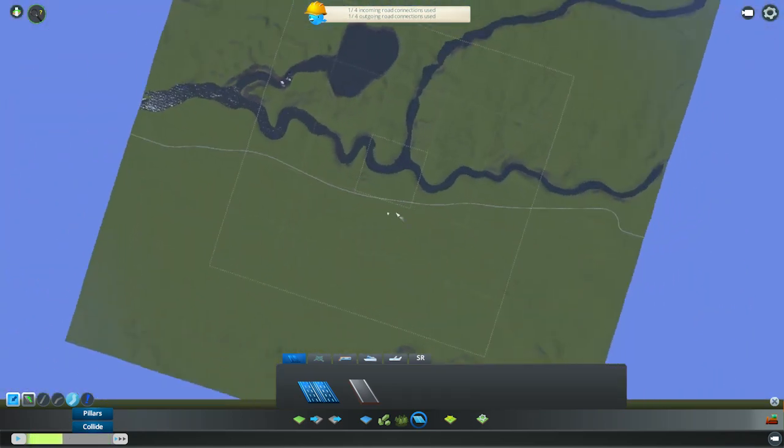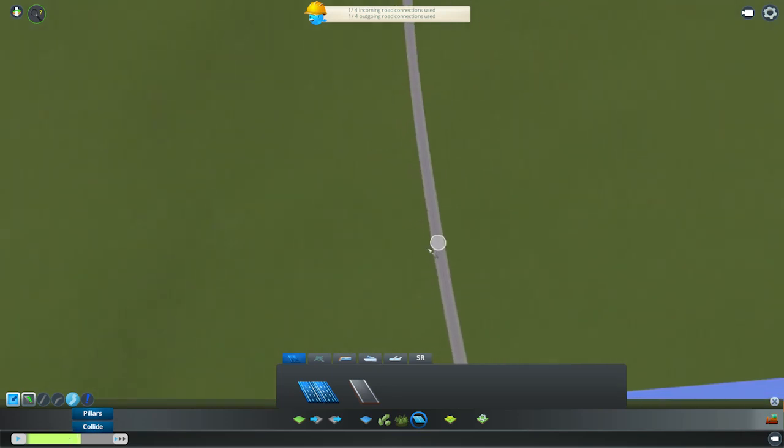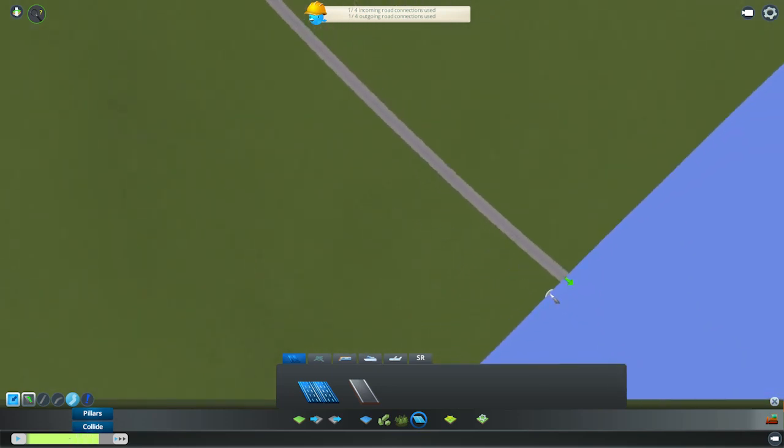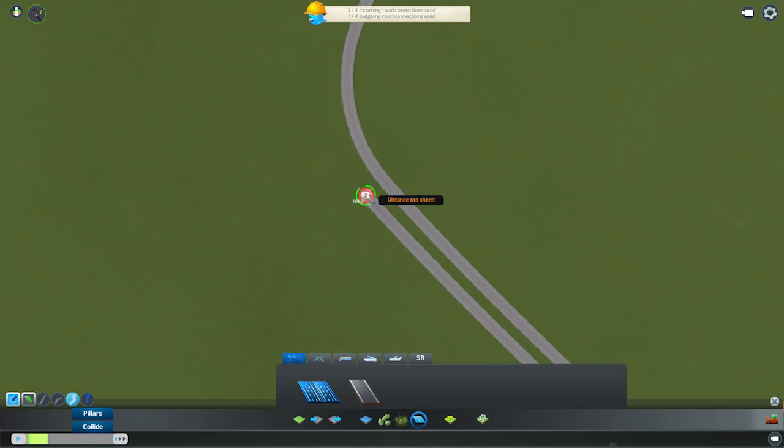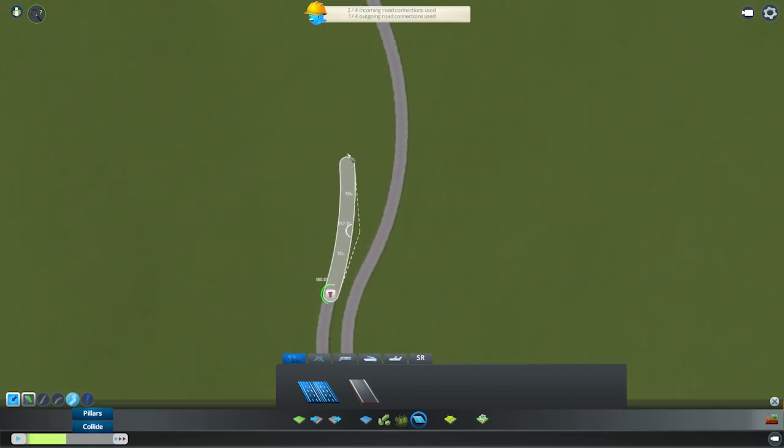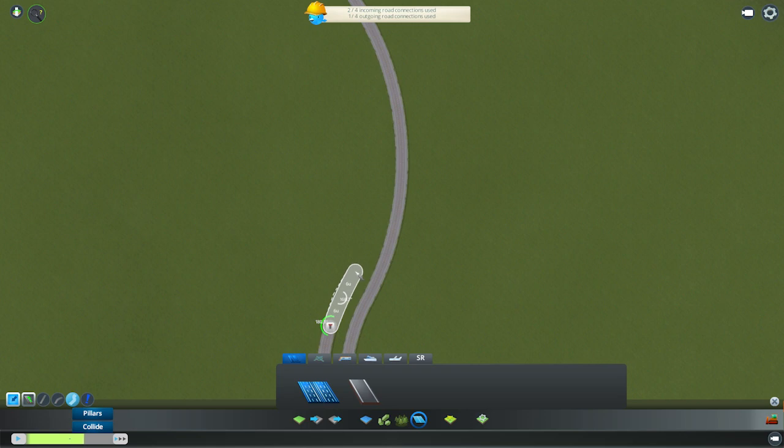There you go. Alright, so that's our first highway. I mean, it's obviously a one-way. Now we're going to go back and do the other direction. Oh, jeez. This is tedium at its finest. Okay, so we're going to try and make it look decent. See, this is why they need a tool to be able to build highways going the same...